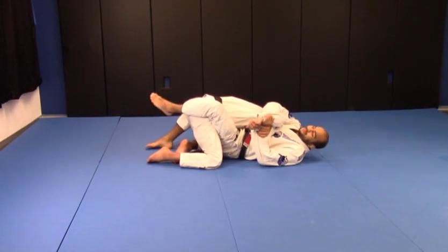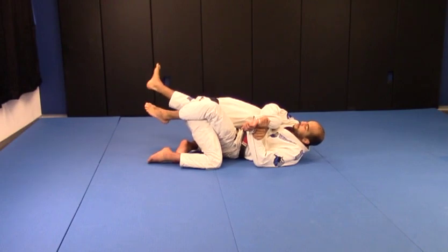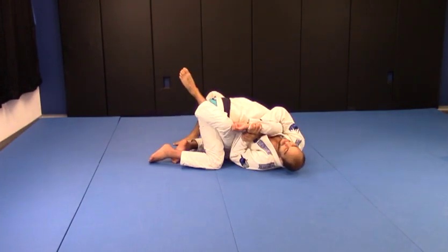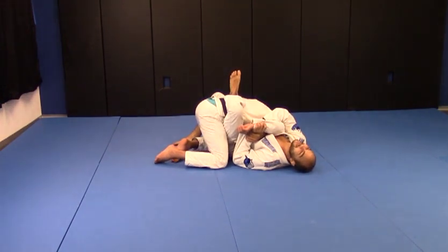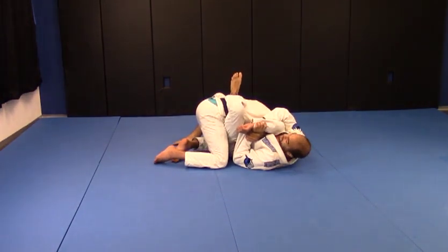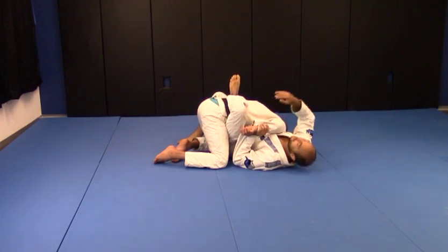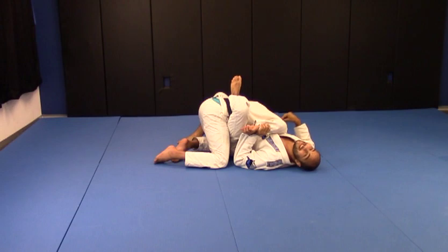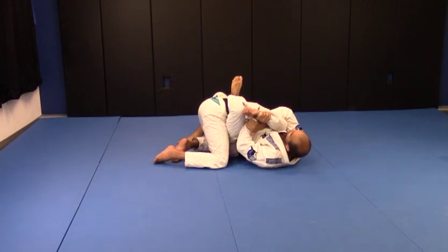Guys, if I try to tap him from here, it doesn't make too much sense. So what I've got to do is put my right foot on the mat, hip escape, and throw this leg over his back. Just like this, right? Now that I'm here, I'm going to imagine that I have to put his hand behind his head. That's the goal. So I'm going to start moving his arm,